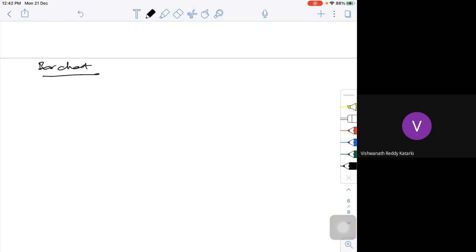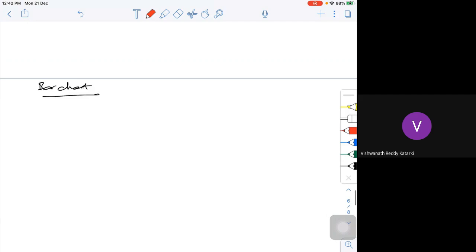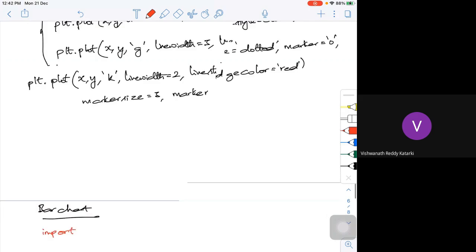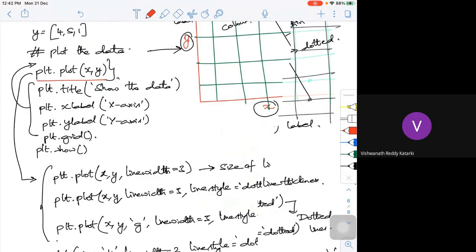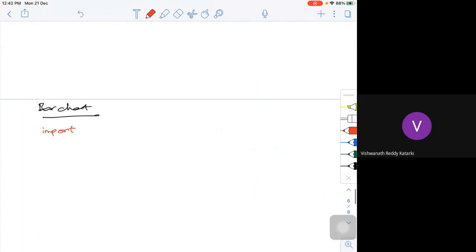A simple first line will be import matplotlib. Either you can use from matplotlib import pyplot as plt. That's also one way of calling it. Or directly you can do this also.